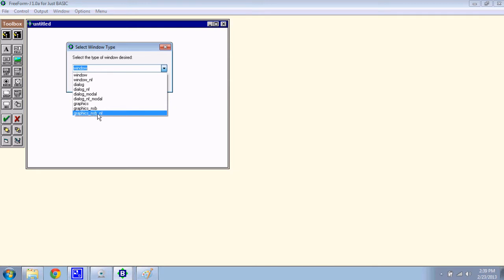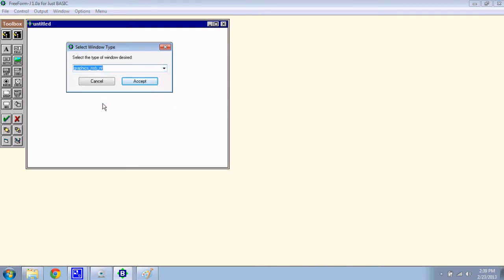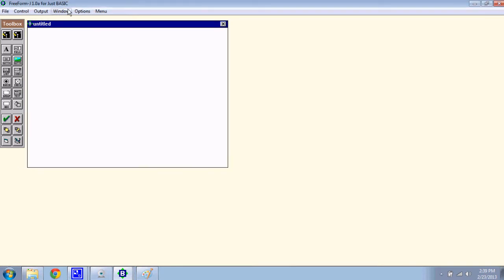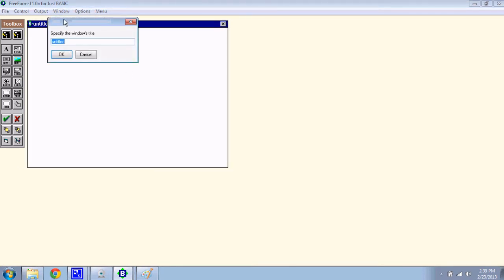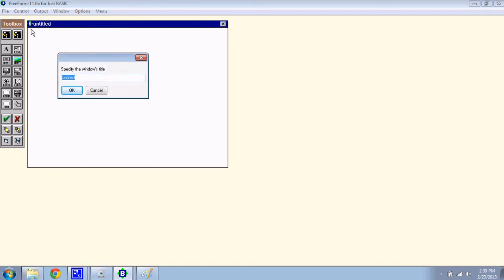And the NSB means no scroll bar. So it's just a plain old fixed size graphics window. The title is what appears up here in the upper left corner, and you can give it whatever title you want. And the name I came up for this game was Space Pursuit,